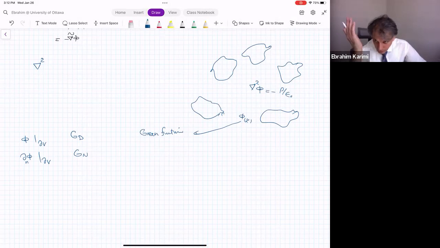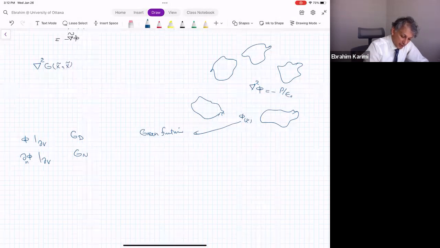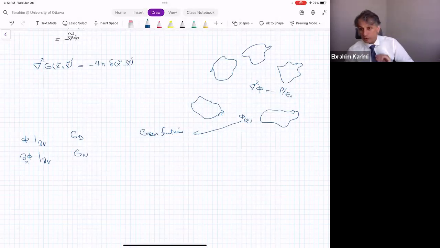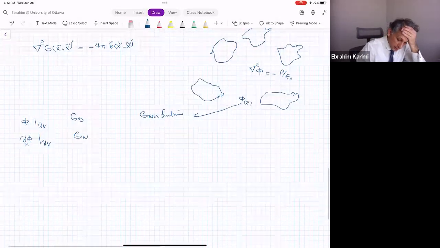So we know well. And what is the condition that you have about the Green function? The Green function of x and x prime, if you take the Laplacian, is equal to minus 4 pi delta of x minus x prime. Do you agree about that? Can I change the Green function, which is satisfying this relation,